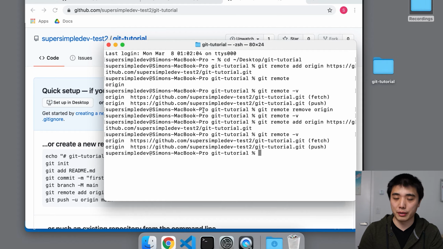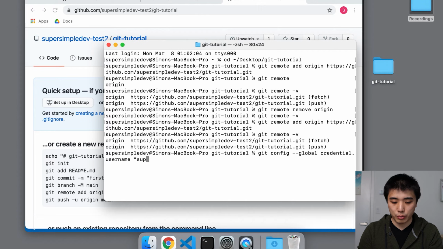To do that, we're going to give this command, git config --global credential.username, and we're going to give Git our username. I'm going to put my username, make sure that you put yours. Super simple dev-test2.